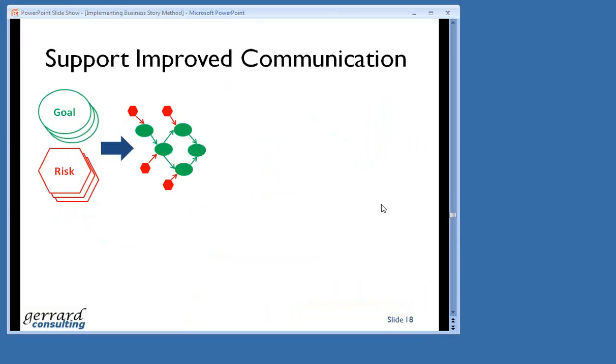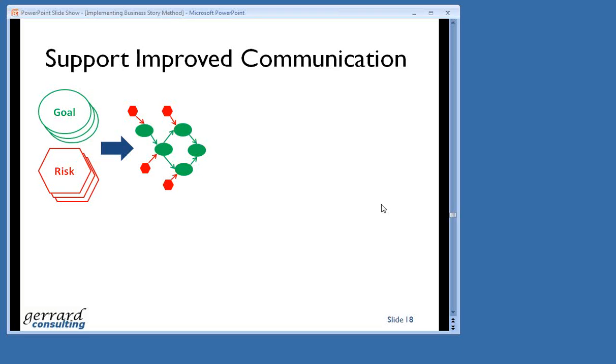Now, in terms of support for improved communications, remember what I said at the beginning about the communications gap between business and IT? And there are other gaps, of course, but I think that's quite a crucial one. Being able to relate what you're doing back to the business stakeholders is really important. So this diagram is showing